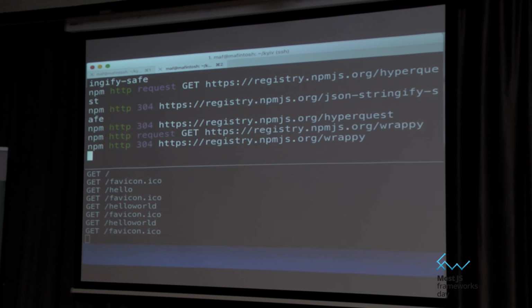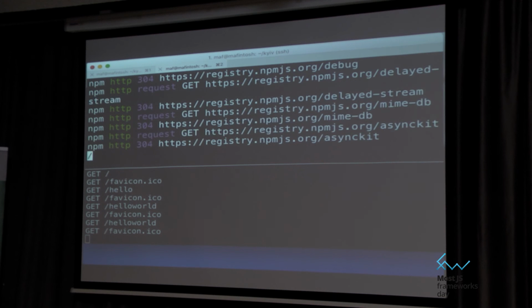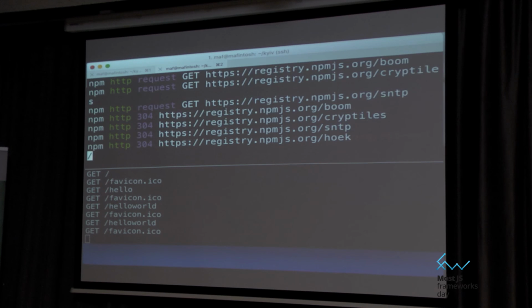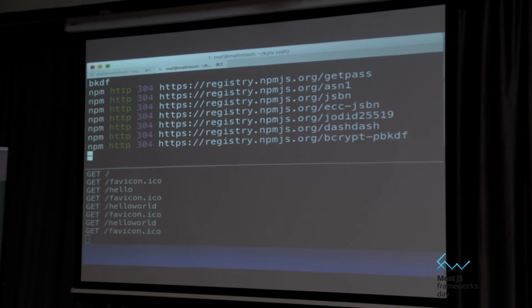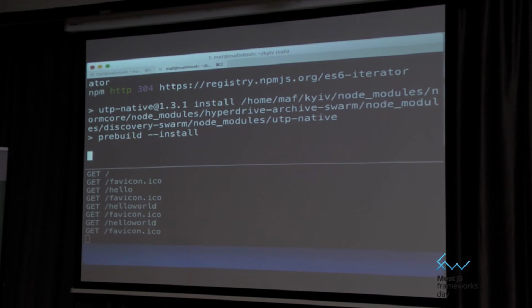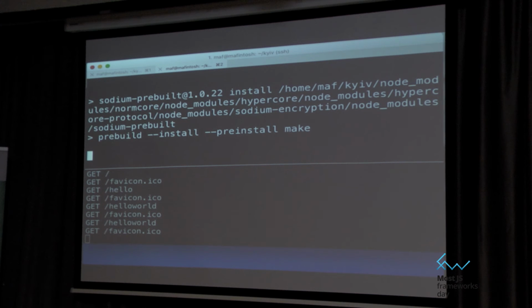Quick question, what's the difference between Psy and Forever? Forever is also doing some similar stuff. Psy just does fewer things, which I like. It's simpler? Yeah. It's very easy to set up. There are very few commands in there, so it's hard to mess it up. But you can use whatever you want, as long as it's a module. Oh, it's almost done now.